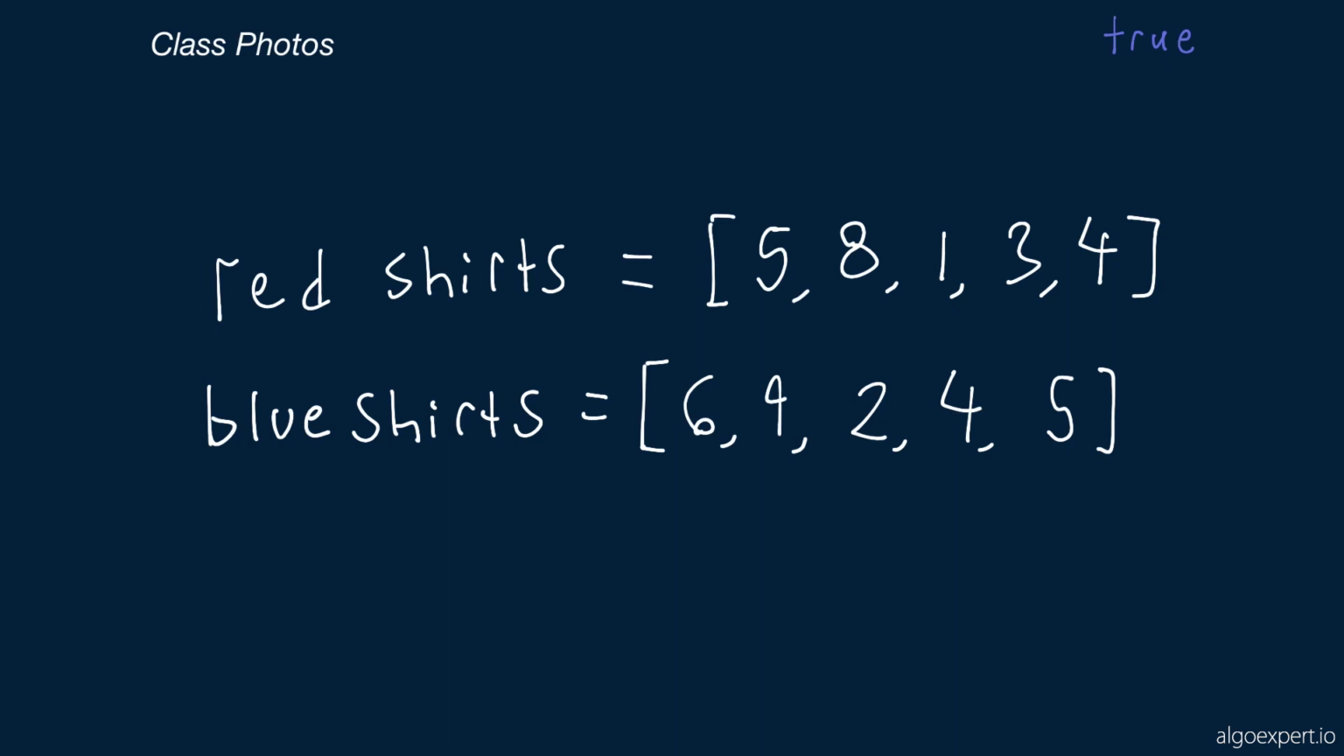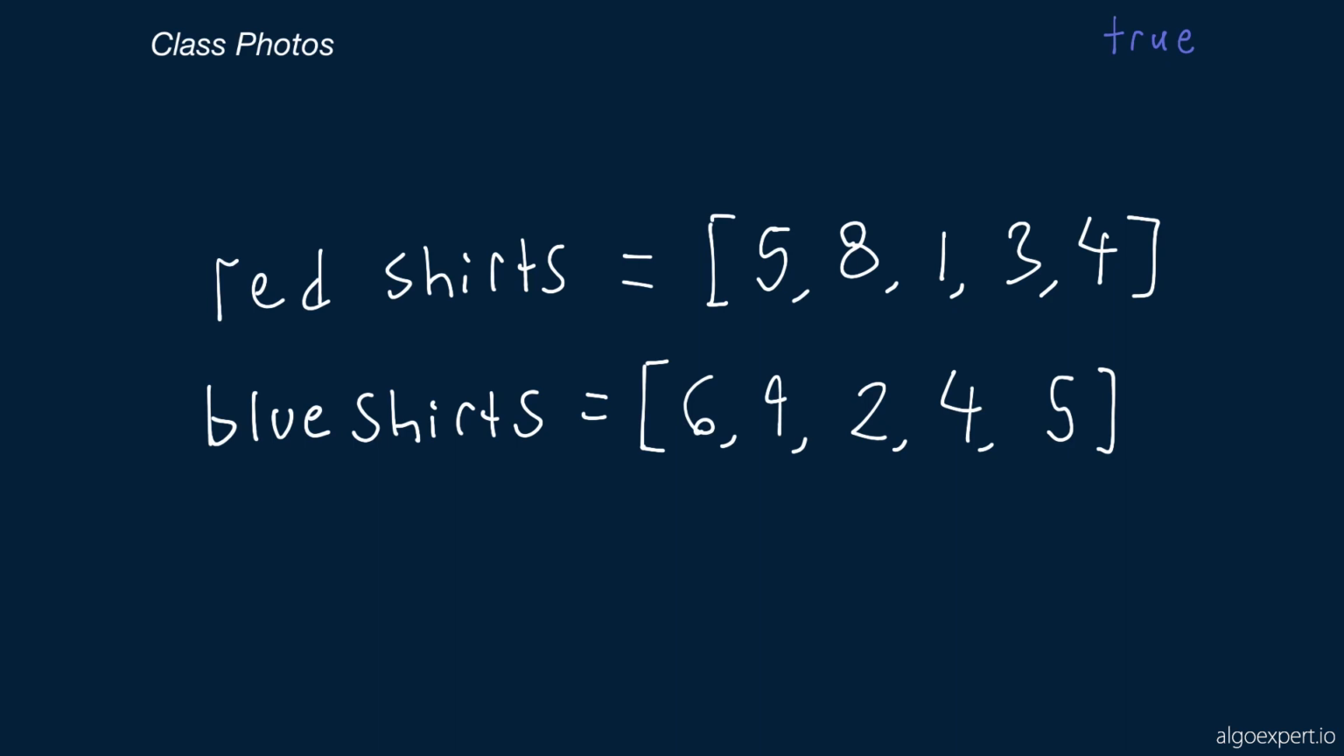Now what we're being asked to do is determine if we can take a photo of these students that adheres to the following constraints. Now those constraints are as follows. All of the students that are wearing red shirts must be in the same row. All of the students that are wearing blue shirts must be in the same row. Our photo must have exactly 2 rows, and these 2 rows must have the same number of students in them. Also, every student that is in the front row must be strictly shorter than all students that are in the